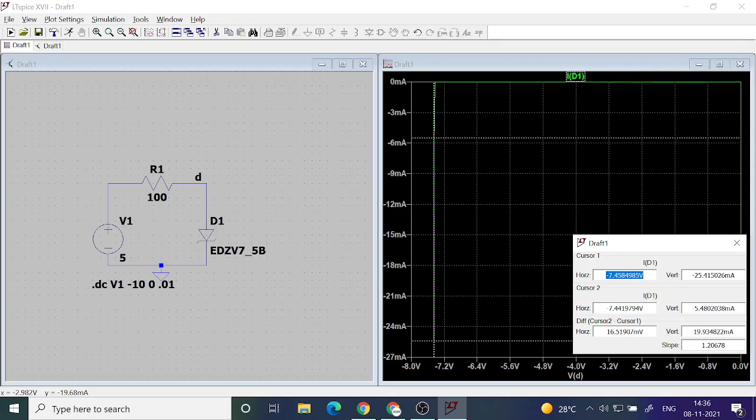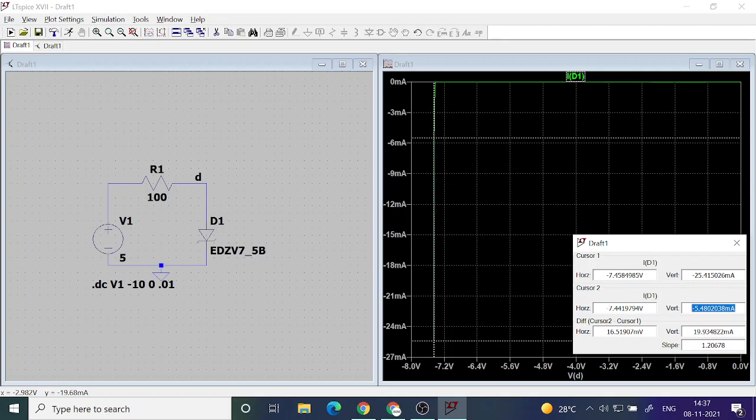There are two cursors I have taken. One cursor I have kept at minus 7.44, another at minus 7.45. When I vary this voltage by just a small amount, the diode voltage is varied by 0.01, and the change in current is huge. There is around 20 milliampere variation. So you can see here, this is minus 25 milliampere, this is minus 5 milliampere. From this you can find out the